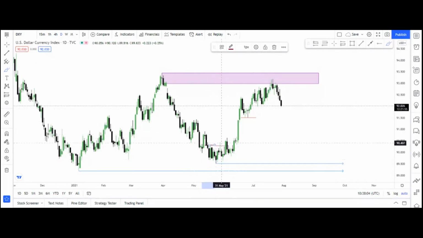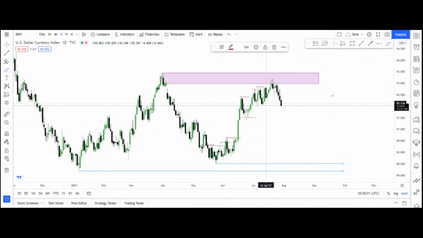Then we start creating a higher high, broke it, higher low. We protected the higher low. We had higher highs, we went higher, we had higher lows, we had higher highs, and a major high. Then this was the last higher low. Yeah, that was the last higher low.